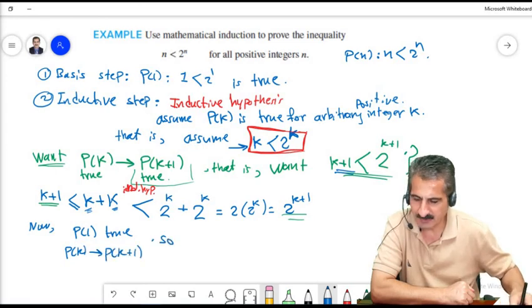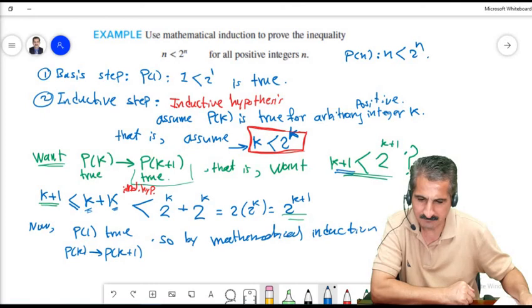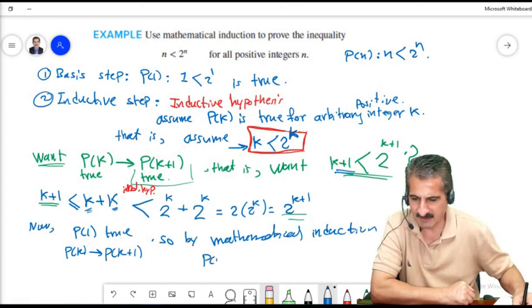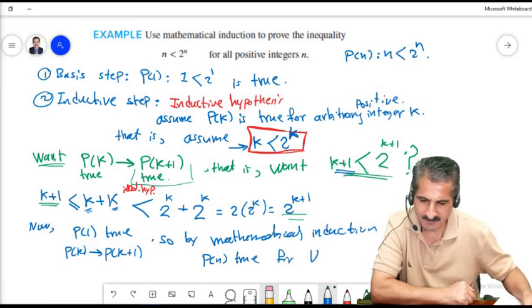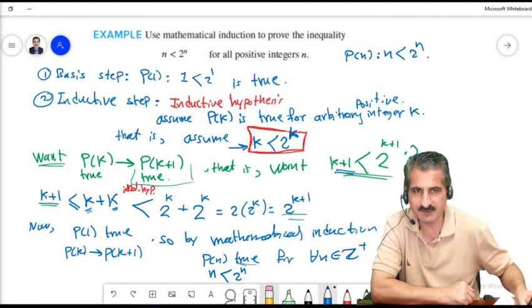So by mathematical induction, P of n is true for all n positive integers. And what is P of n? P of n is n less than 2 to the power n, and it is true for any positive